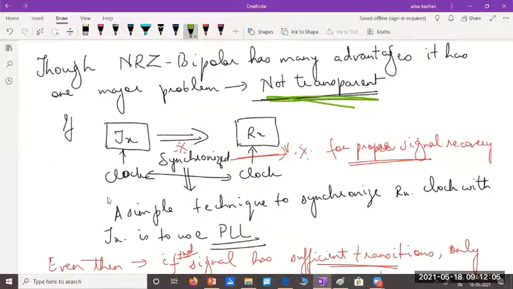And we know the most common technique used for synchronization of the receiver to the transmitted signal is the phase lock loop, or PLL. In this phase lock loop, what would happen? We would have a feedback loop in the initial part of the receiver, where as we go through multiple iterations, in a short amount of time the receiver will be brought into synchronization with the transmitter. So we could do that using PLL.